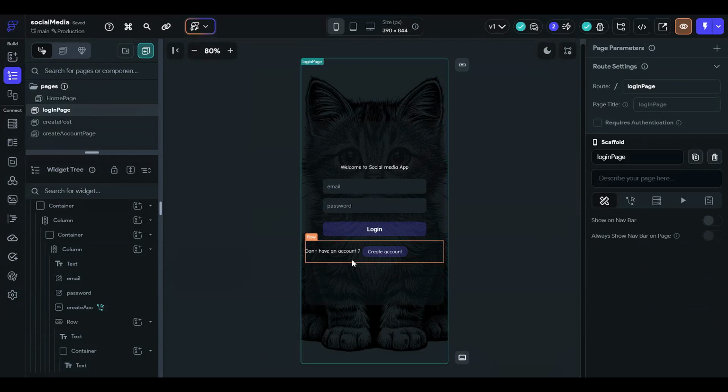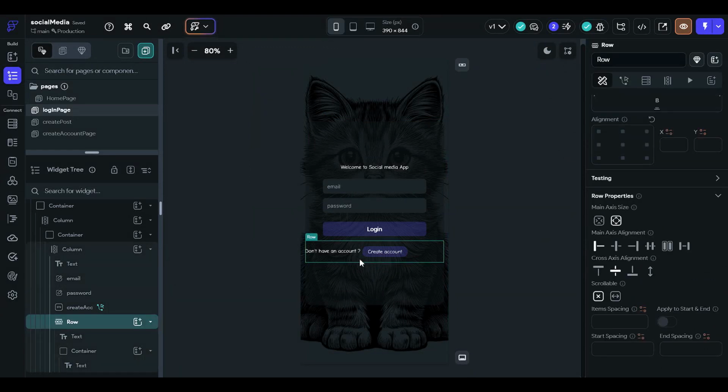We will set up the row's alignment. Main axis alignment will be in the middle so it looks better.